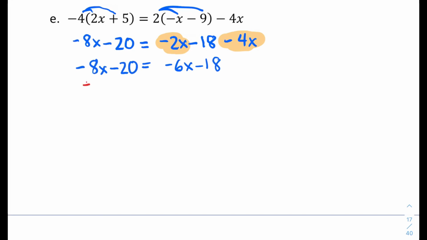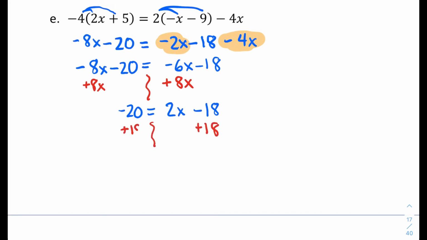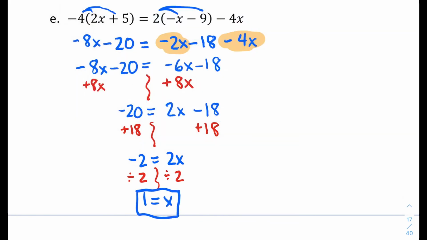And then I'm going to work on getting my variable on a single side of my equation. So I'm going to choose to add 8x to both sides, which is going to give me negative 20 equals 2x minus 18. And then I'm going to add 18 to both sides, working on getting that term with my variable by itself. So I'll have negative 2 equals 2x. And then to get 1x, I'm going to divide both sides by 2, which is going to give me x equals negative, let me pop that negative on there,